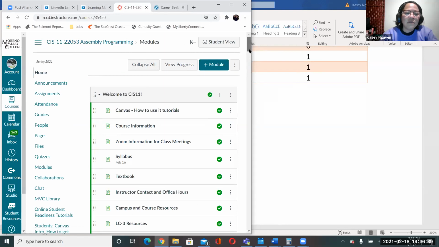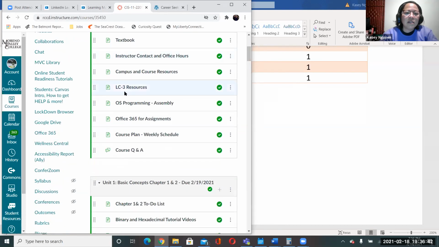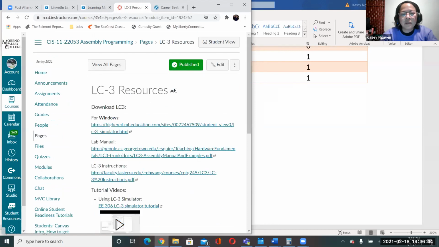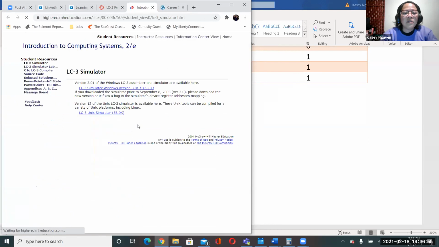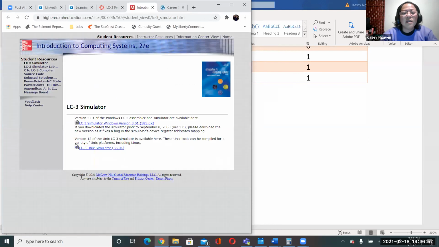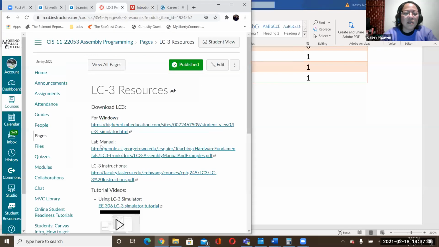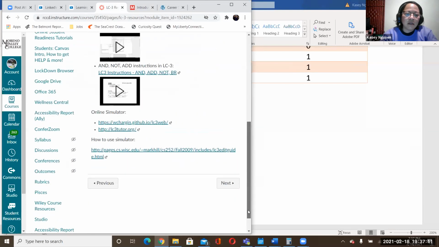For the LC3 resources, you can find this in the first module. Now, if you're using a Windows environment, it works really well with Windows. If you visit the website, there is a Unix version of it. But if you don't have Linux or Windows, I recommend that you use the online resources that is included with,